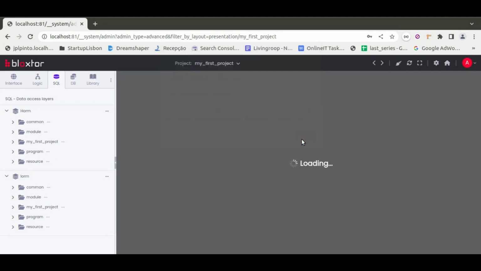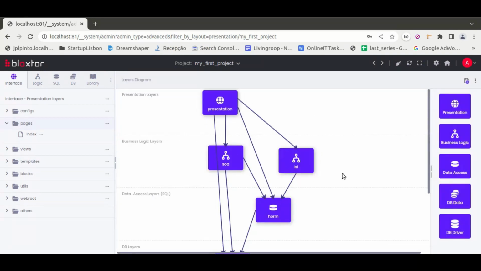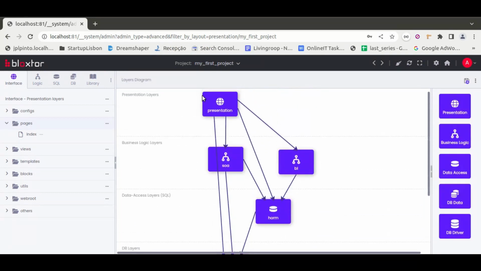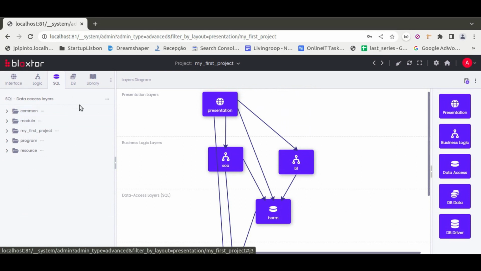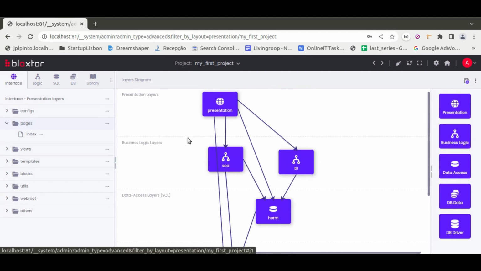So basically you just need to click OK, and as we can see, it's saved correctly. We have the new diagram updated, it automatically refreshed the navigator, and we can see that it's not showing the two data access layers anymore, it's just showing one, the files of the YORN layer. So basically, according to the changes that you make in this diagram, you create or delete